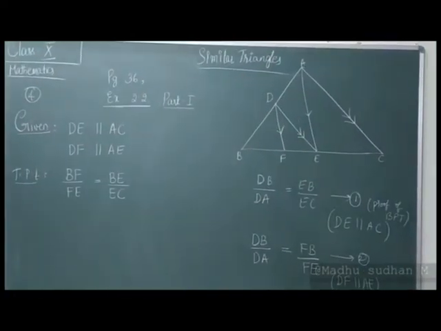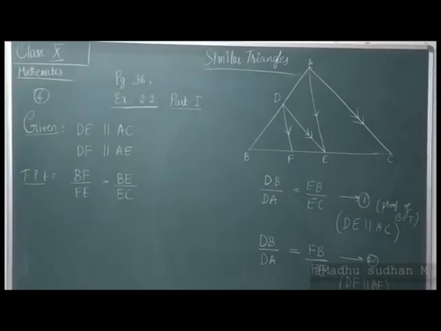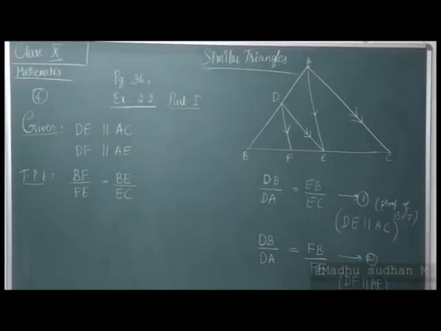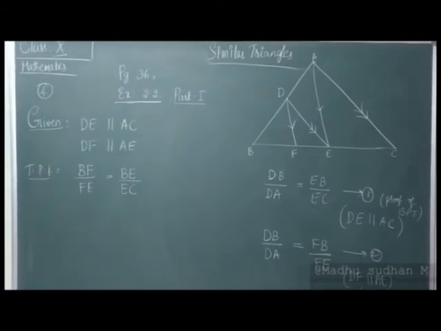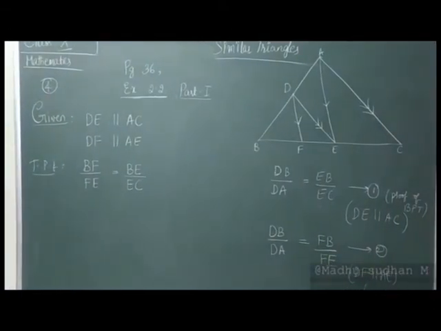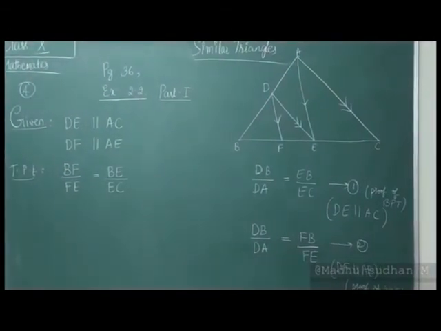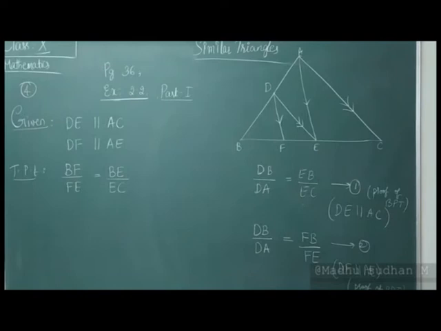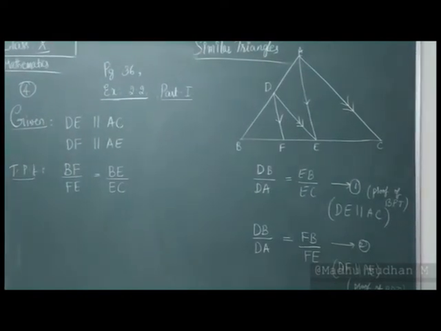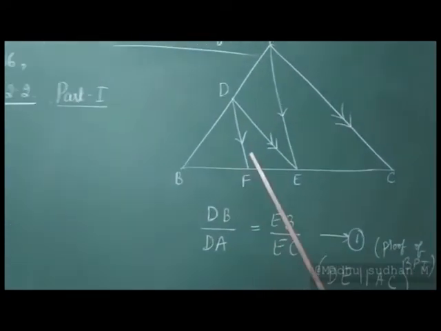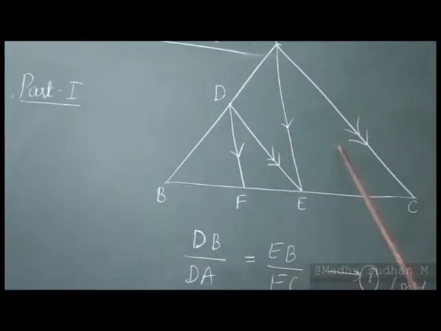So now moving to the next question for 10th standard mathematics, similar triangles chapter. The address is page number 36, exercise 2.2, the fourth question. Please understand, when we look at the diagram there, just try to find which line is parallel to the other line. You can find here this D point. Please understand children, you have a double arrow mark right here.